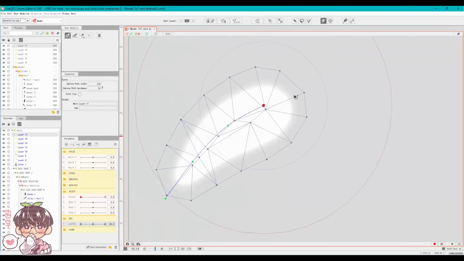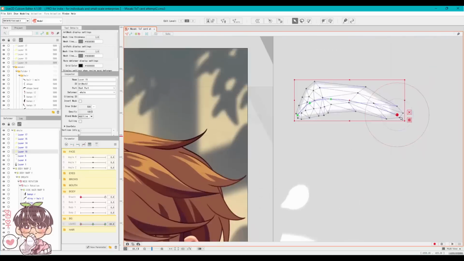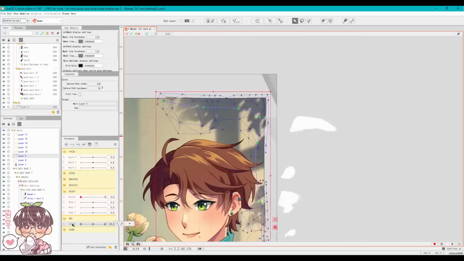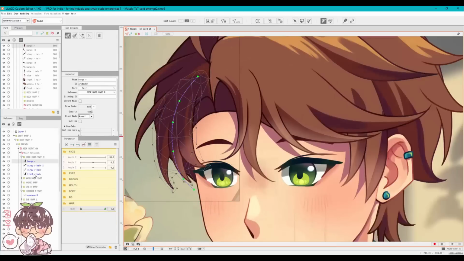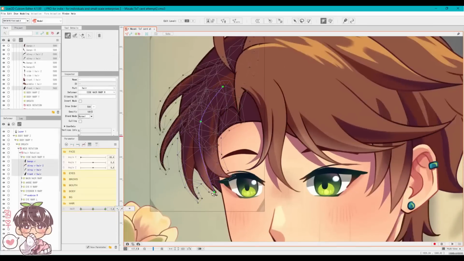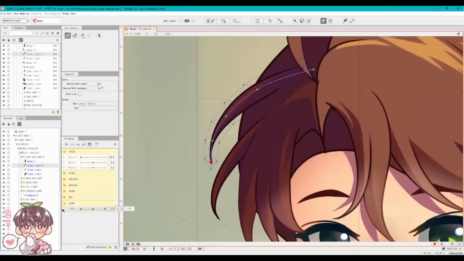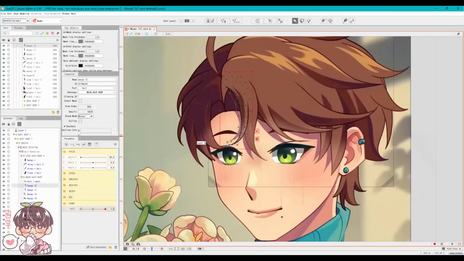So my plan was that for the keyframes, I wanted to have the leaves just pass over Masaki very slowly and kind of like in a light breeze. And I thought that would help with the movement and make the whole drawing a little bit more interesting. But after that, I went ahead and started to do a little bit more intricate rigging, which still turned out pretty poorly.